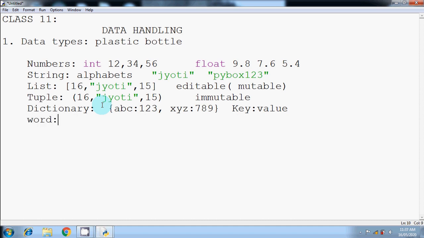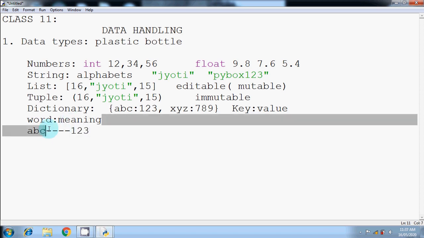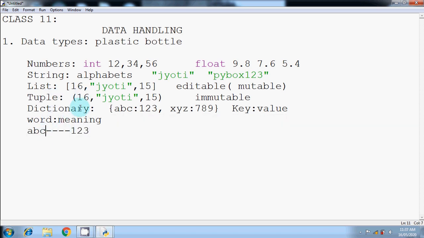Like in an original dictionary, we find the word and the meaning written in this format. In a similar way, here the first element of every particular data item is the key, and the value written after the colon is the value. So if I want to refer to ABC, then the value returned will be 123, which means consider ABC as a word and its meaning is 123.